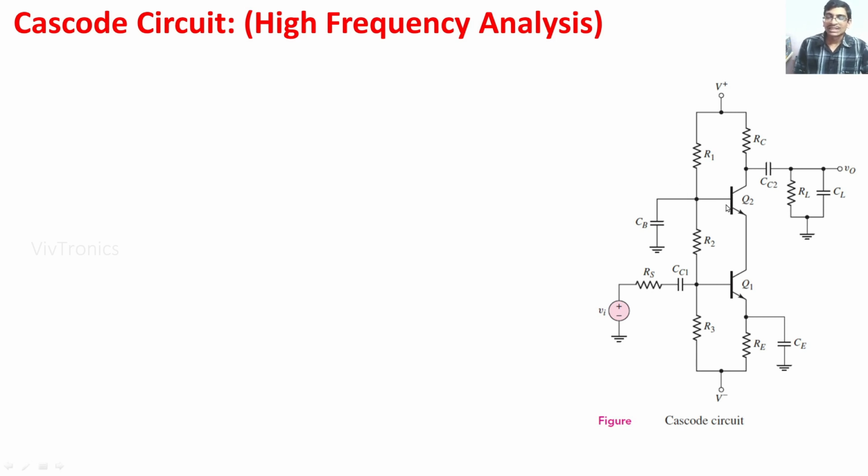Actually, the CB amplifier will provide more bandwidth and more voltage gain when compared with the CE configuration. But the problem with the CB configuration is low input impedance. That problem can be avoided by using the CE configuration before the CB. If you use the CE amplifier before the CB amplifier, the low input impedance problem of the CB will be eliminated, and also the CE has moderate input and output impedances. Therefore, there is no impedance mismatching too.